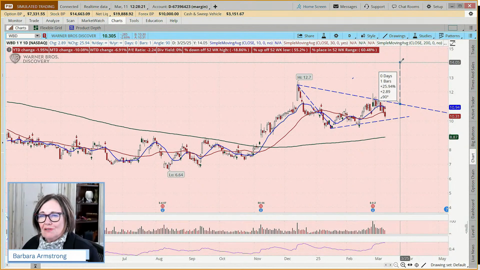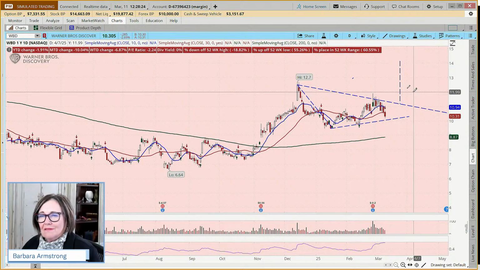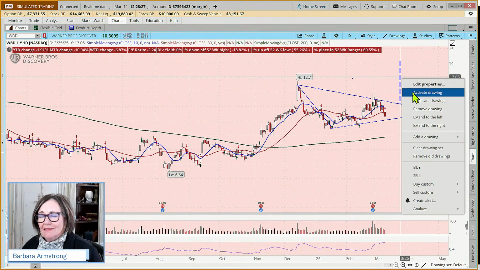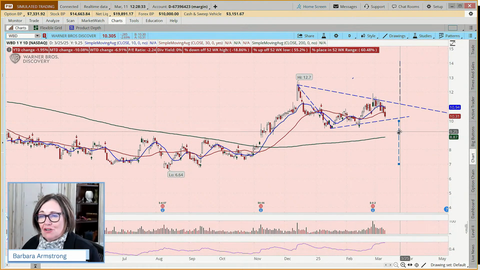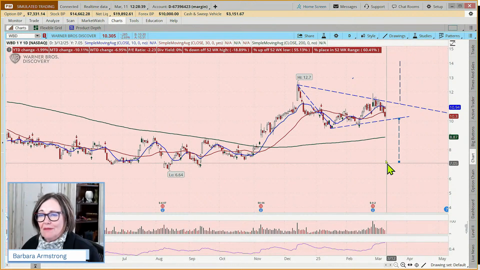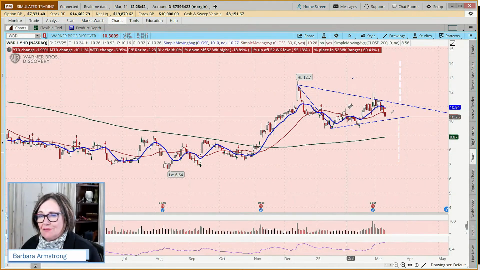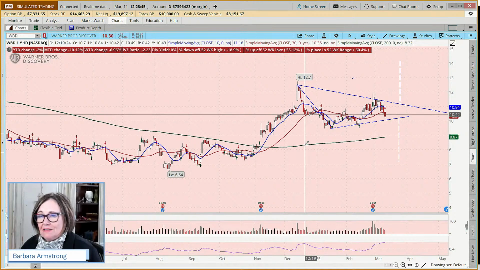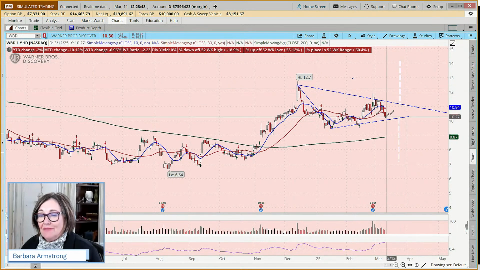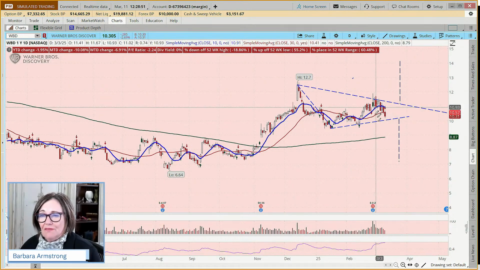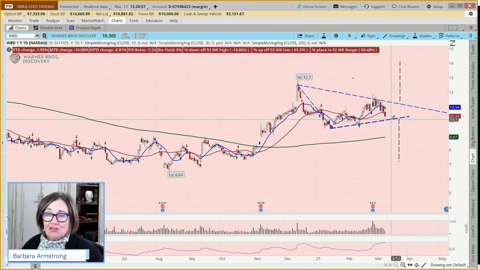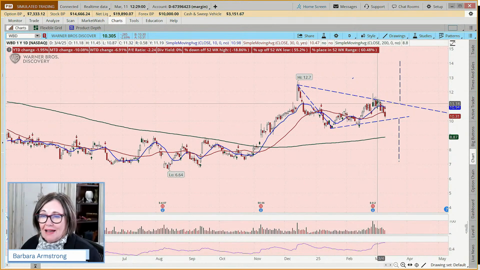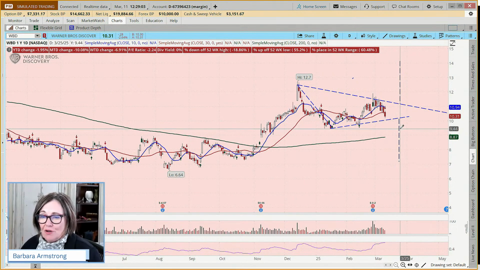That's close. And then can we replicate that line and say, or if it breaks to the downside, it could go down this far. And if you didn't get it quite right, you can move it up. So you can move your lines around. Okay. But right now it's kind of in between, isn't it? And so if you wanted to trade the breakout either to the upside or the downside, what might a trader do? A trader might say, well, I don't have a breakout yet, and so I'm going to wait.